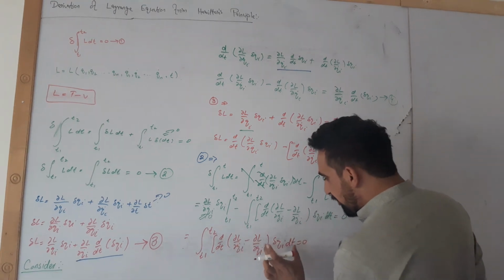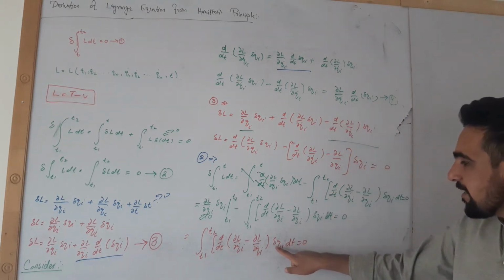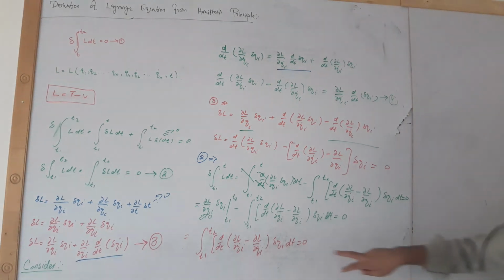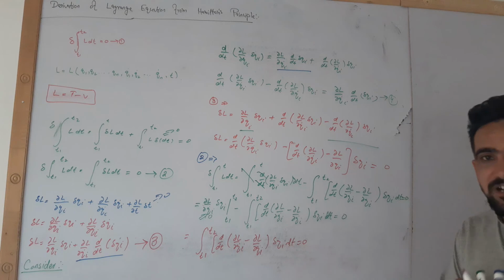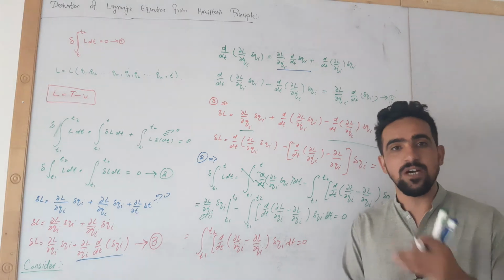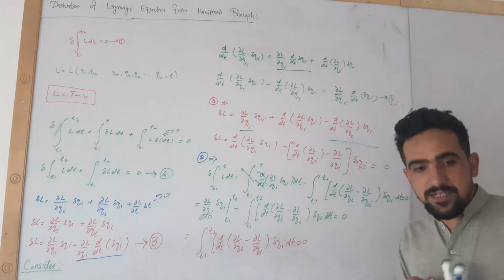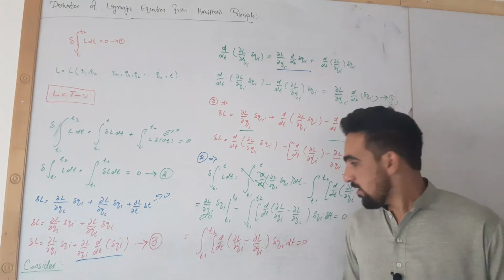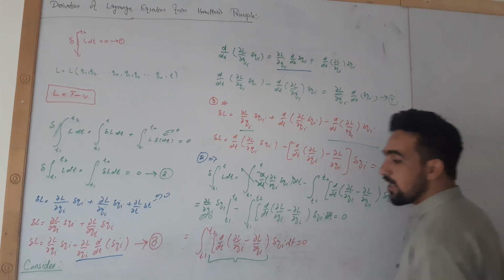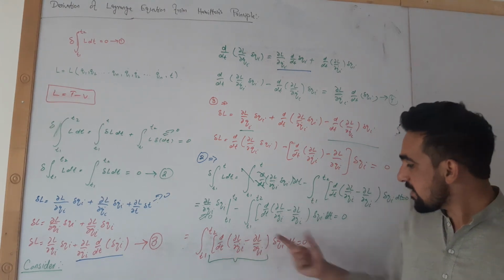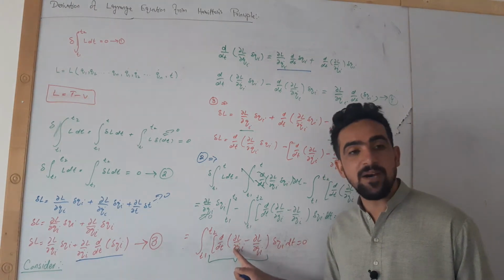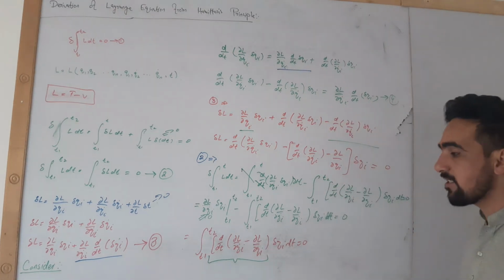Now there are n different generalized coordinates, and these coordinates are oriented in different directions in n number of dimensions. These coordinates, qi coordinates, q1, q2, q3, are oriented in n dimensions. In order to satisfy this equation, this term must be 0. There is only one condition. This equation is true if and only if d by dt of partial L by partial qi dot minus partial L by partial qi is equal to 0.